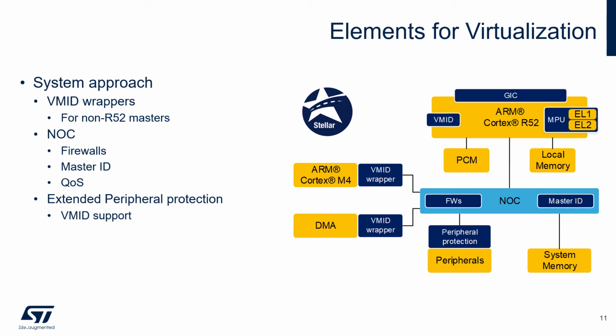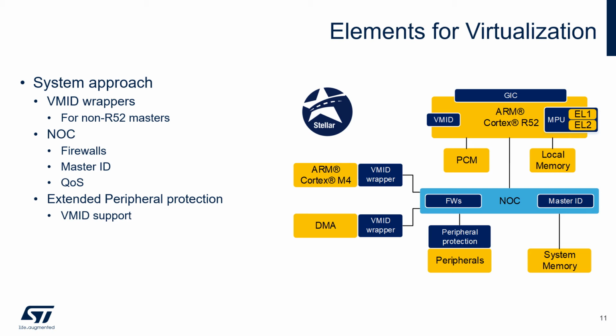And this is how we have decided to implement the Type 1. That means the hardware way. For sure, the enabler is the ARM Cortex R52, optimized for hard real-time and safety-critical applications with its native support for virtualization. That includes, of course, virtual interrupts, 3 privilege levels, which ARM calls exception levels, and also 2 levels